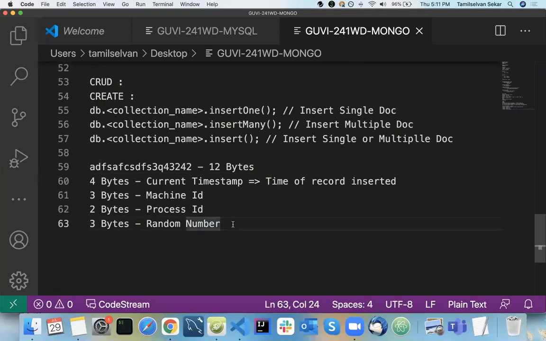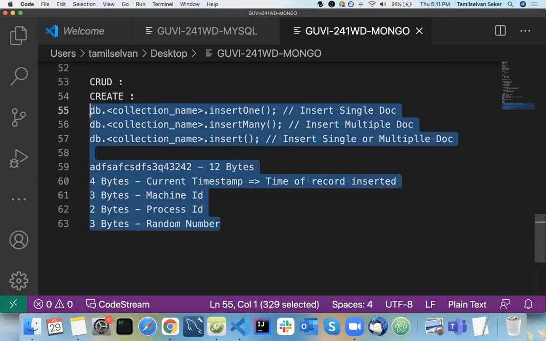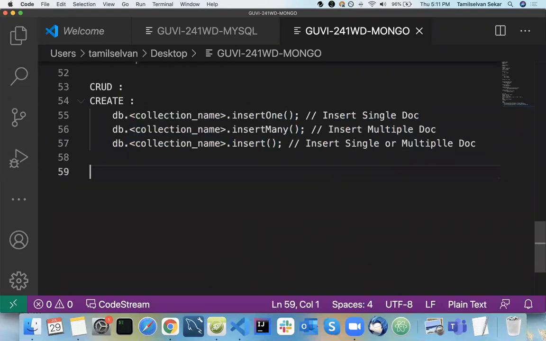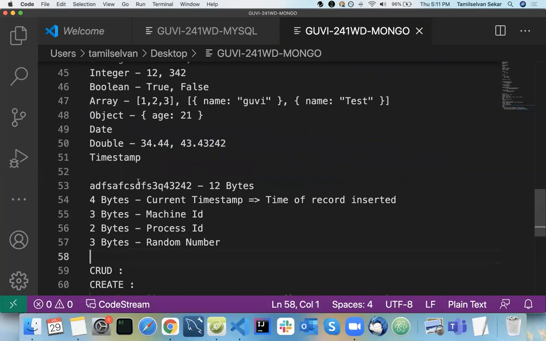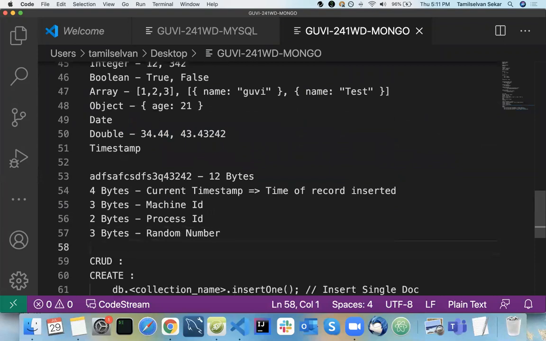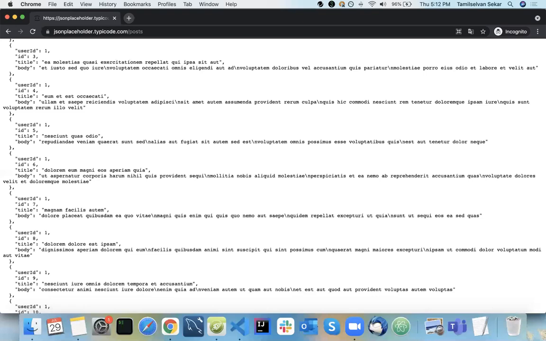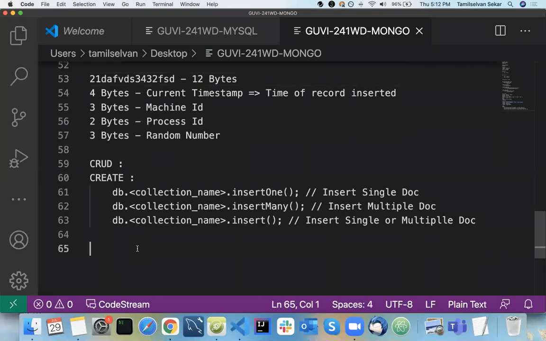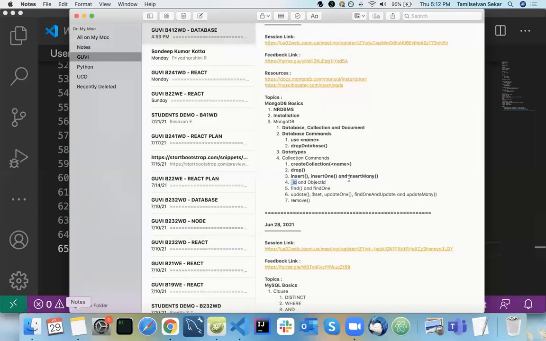So your create part is done now. We will have this at the end here, some randomly created digits. Now your create operation is done. Let's move on to finding, the query. Finding is nothing but running select queries and getting the data. How can we do that? Here we have completed our ID and object ID.